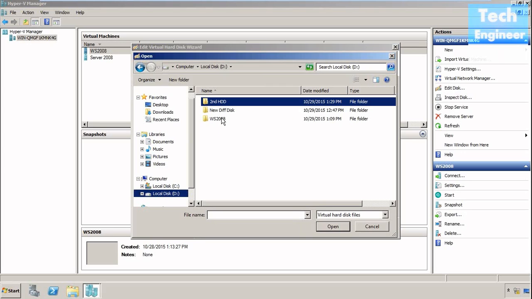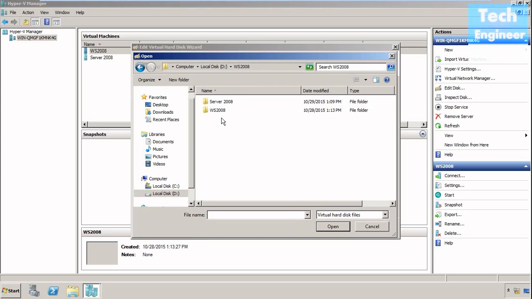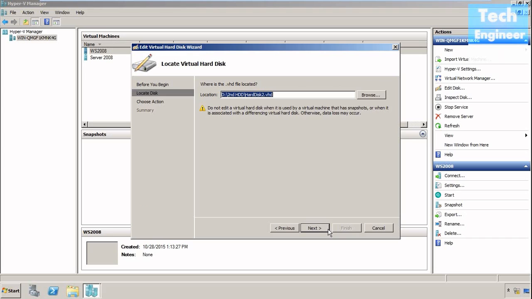Now I have to browse for the hard disk, and this is the hard disk I want to edit. You can do this process on any secondary hard disk too, it doesn't matter. It could be the primary, it could be a secondary one too. Next,